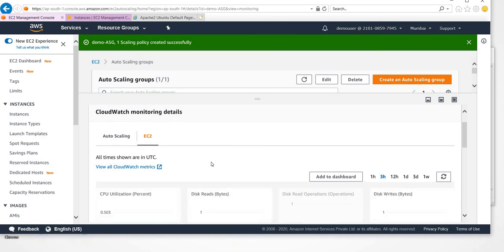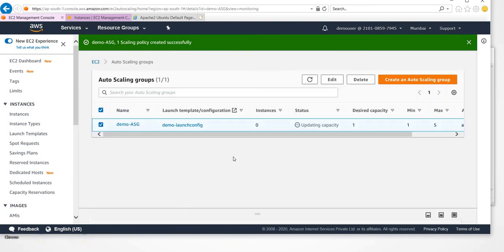We can try to delete that and then see whether it is triggering. Before that, this is the CPU utilization and other things, which is basically the CloudWatch monitoring for this specific EC2 instance.